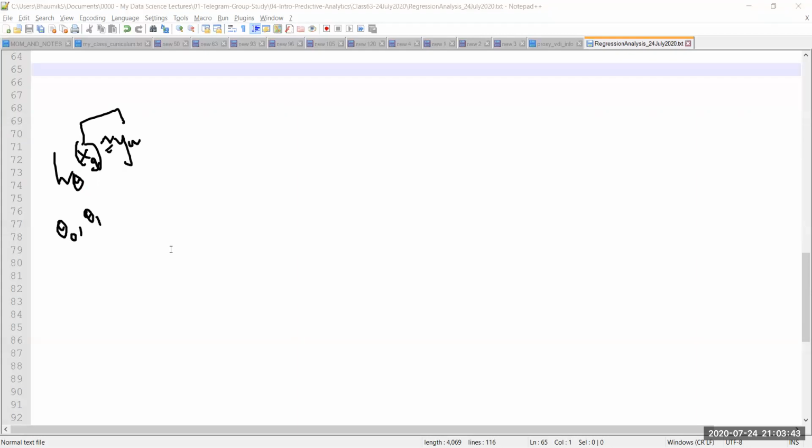But to be very honest, clearly, if I have to minimize this, what I need to do is take h of theta of x, for any value of x, let's say x of i, minus the actual value, which is y of i. So this is the predicted value, h of theta x of i. This is the prediction minus the actual value. So this value must be as small as possible.